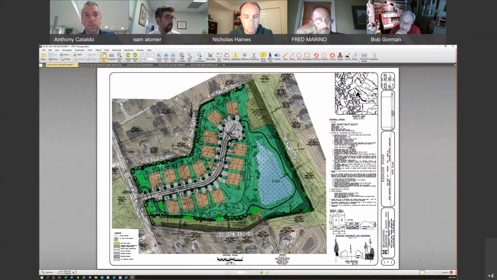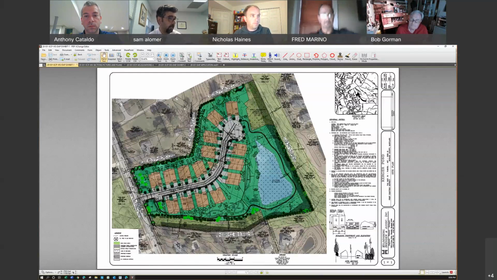We were able to push the microbiome retention further away from the unit to give more room in the back for those units. The walking path has been wrapped around the pond as was proposed. We have added more picnic tables and a gazebo in the area of the pond, close to the large maple tree. As far as the architecture is concerned, there was a comment on